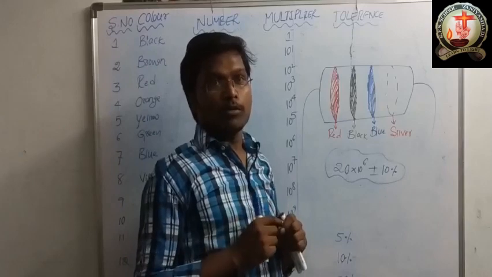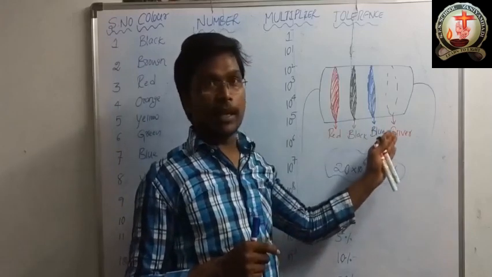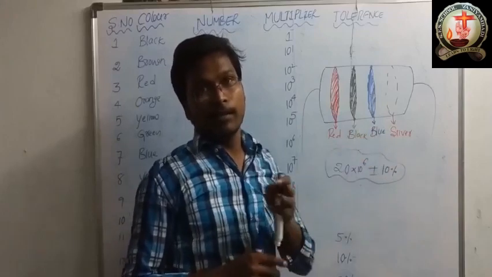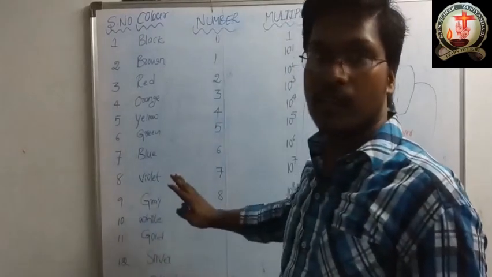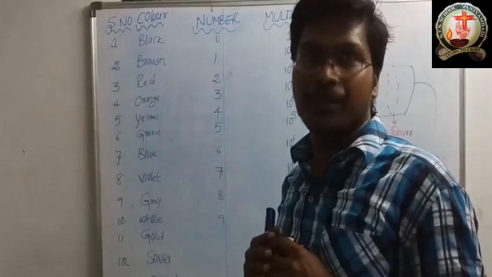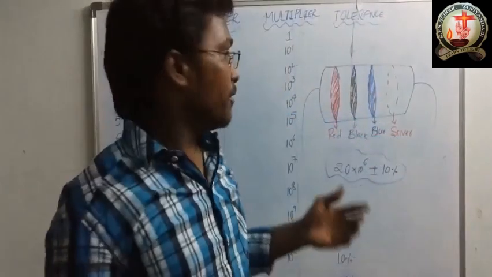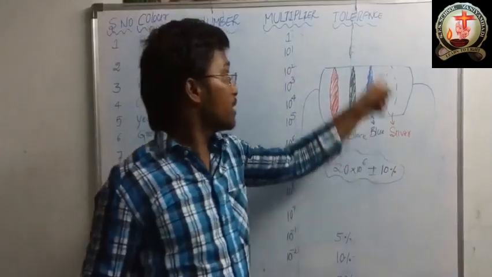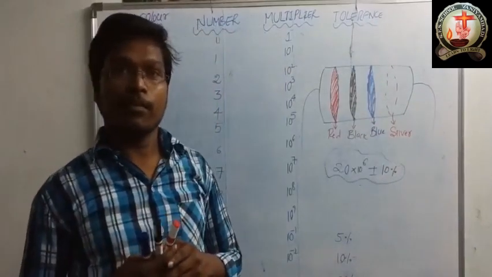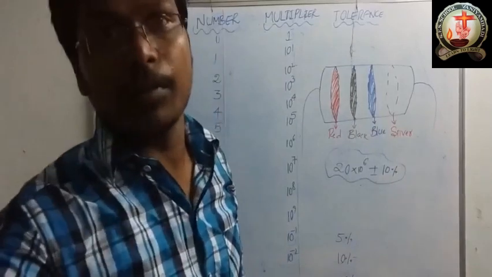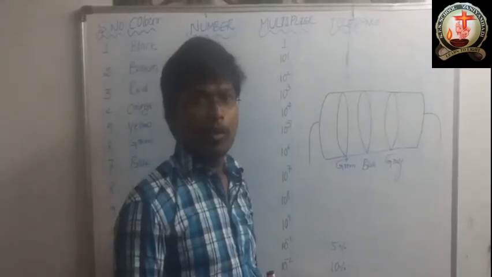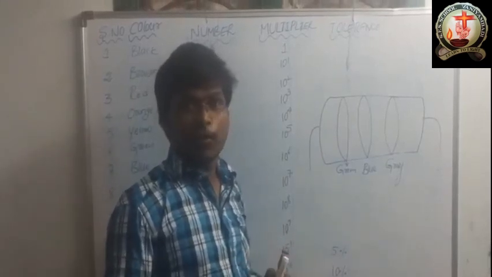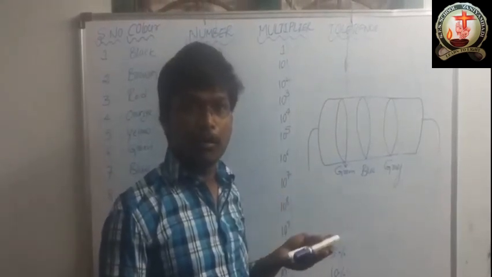I hope you understood. In the examination, he will give any color, any resistor like this. You can remember this tabular form and it will be finished. That means, you know already, the first and second rings indicate the significant figures, the third is the multiplier and the fourth is the tolerance. Okay, I will give you one more example of how to find the resistance value of any carbon resistor.